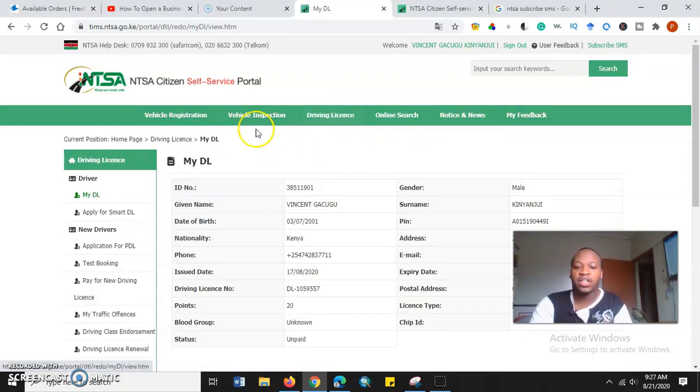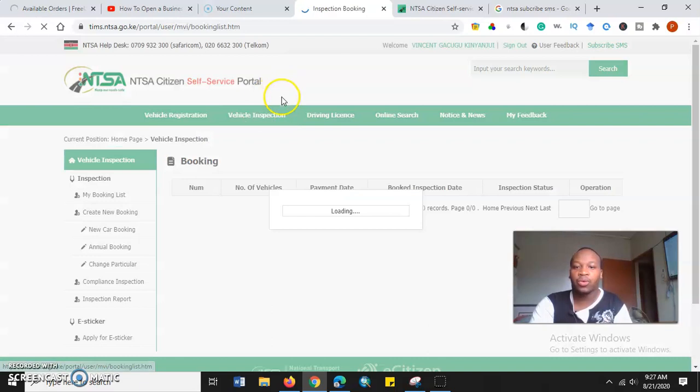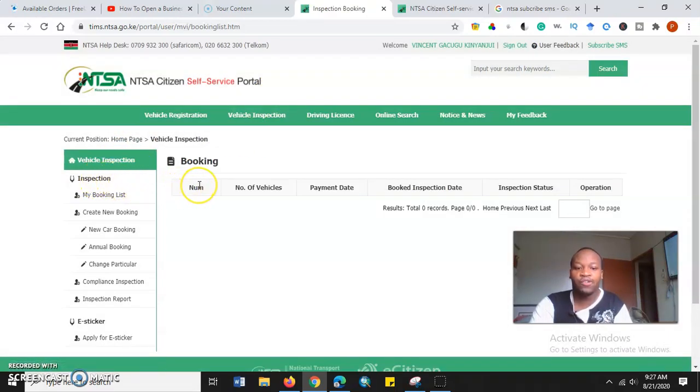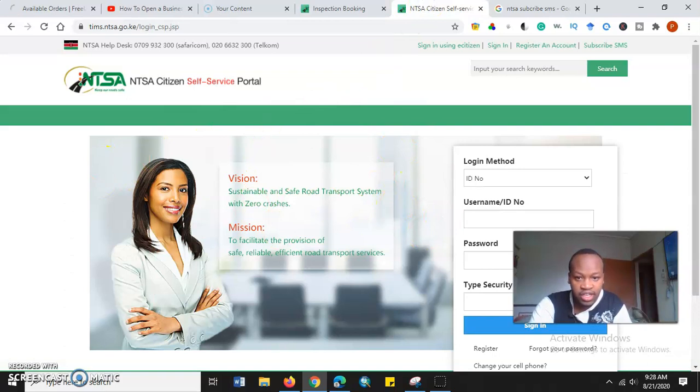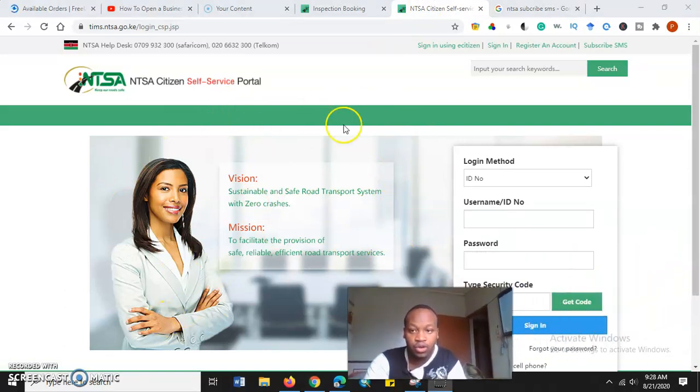So the 5 things that you require to acquire a smart DL: you need to have registered a TIMS account. In the description link, I have a link showing you how to apply for a TIMS account. This is the initial TIMS account, the way it looks. It provides you a platform where you can sign in using your eCitizen, or you can register for an account, and you have to subscribe for NTSA SMSs, which is the code that you are sent from 22848